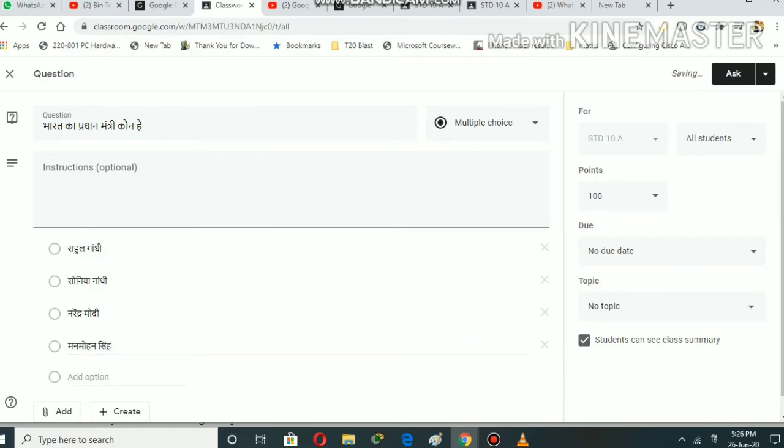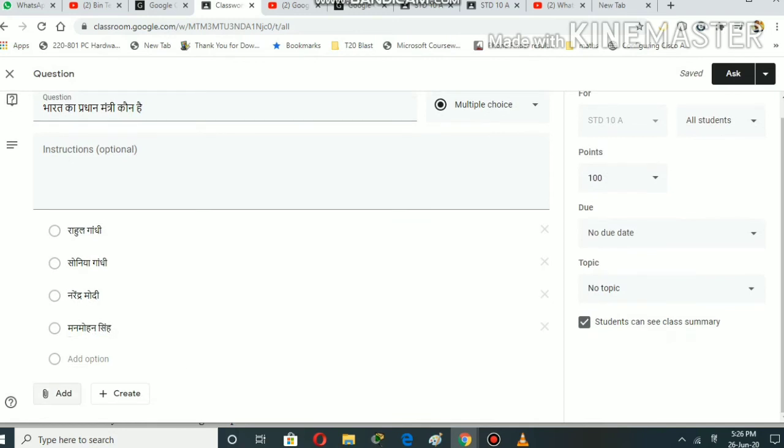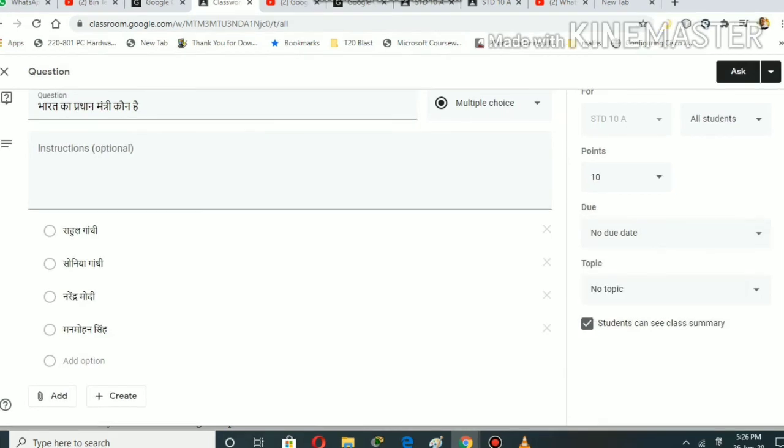Here below, if you want to add any file, images or any link to these questions, you can add them here also. So here you have got 4 options. The student has to use these 4 options to answer that question. Now at the right side you can put the marks also.